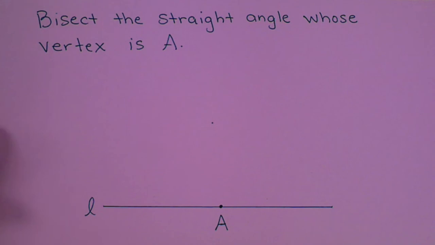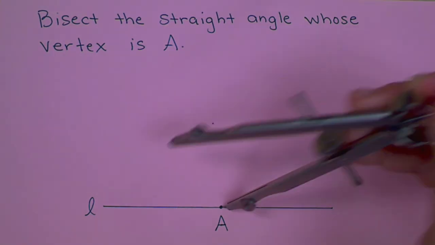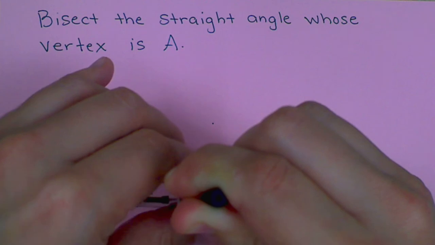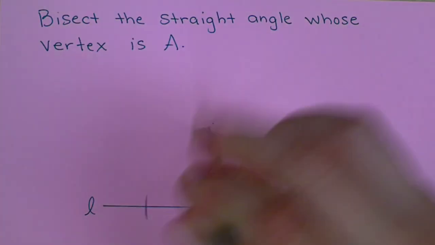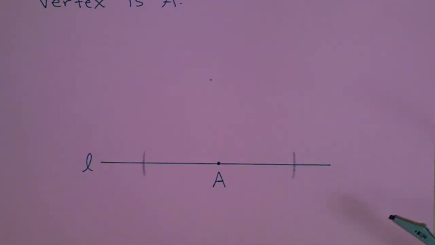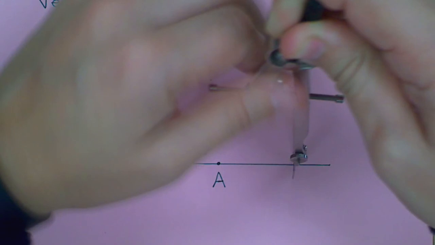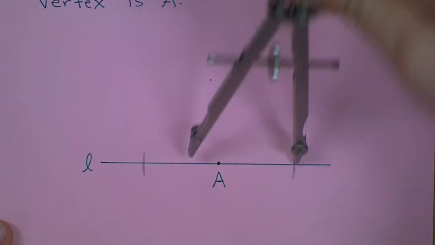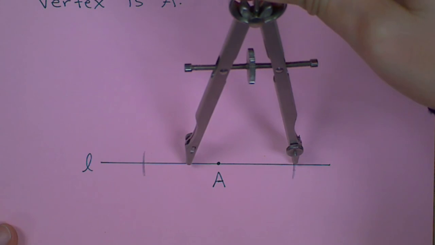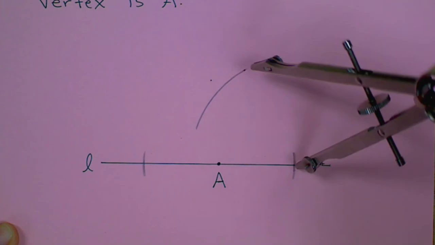So the first thing we need to do is we need to figure out 2 other points on our line that we can use that are equidistant from point A. So put your compass at point A and measure in 2 points that are equidistant. Now here, this is very important. Just like our first one that we created, we need to make sure that our compass goes greater than half the length. So it's going to have to surpass A to give us our X in order for us to draw from A to its